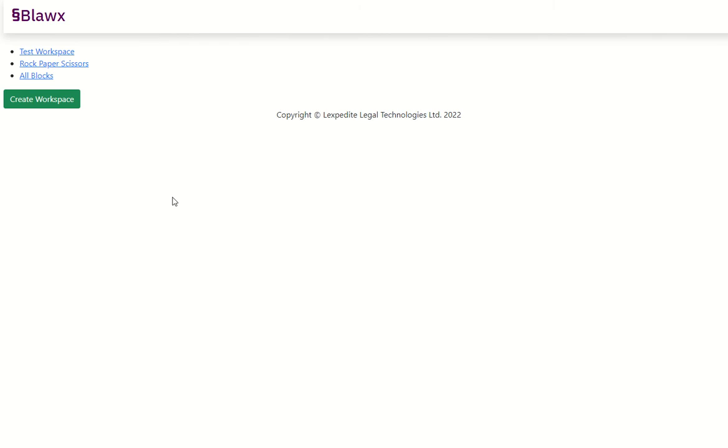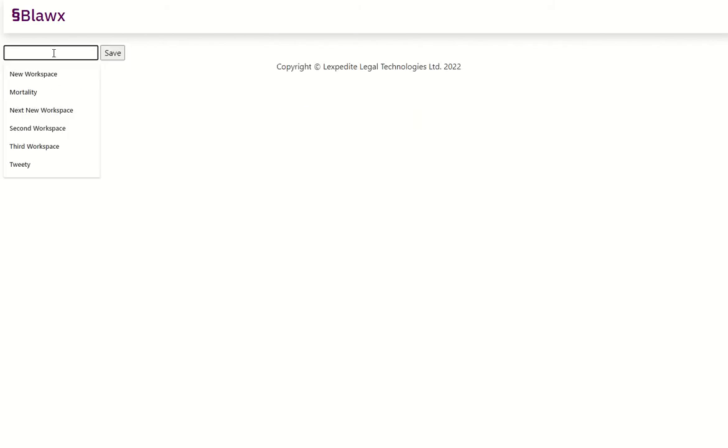Blawx is a user-friendly, web-based tool for encoding legislation in the rules as code methodology. So Blawx version 1 is an attempt to bring the power of declarative logic programming to the task of rules as code by creating a tool that's easy to use, easy to learn, easy to deploy, and has some of the advanced features of declarative logic programming like explanations for answers and hypothetical reasoning, all in an open source, free to use tool. So we're going to create a workspace here called Mortality,